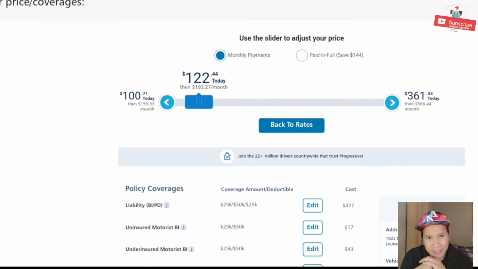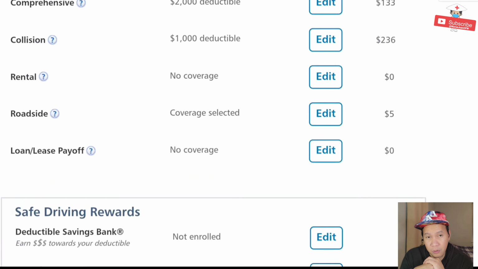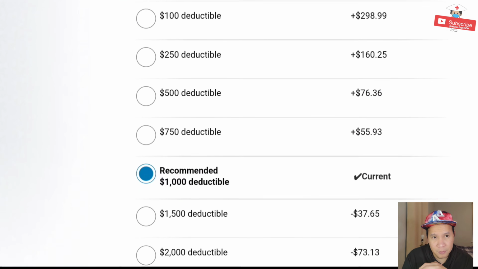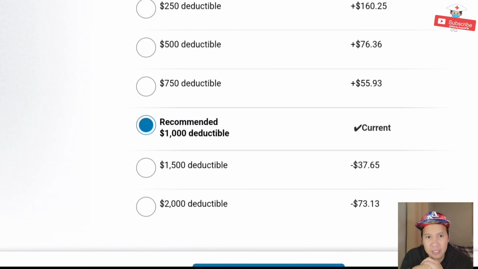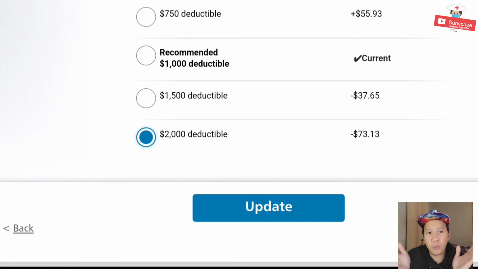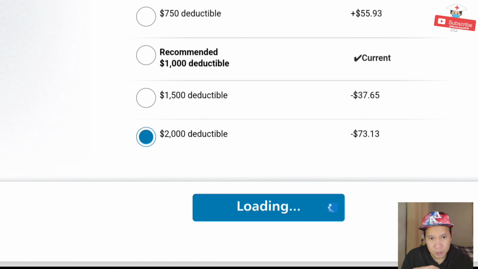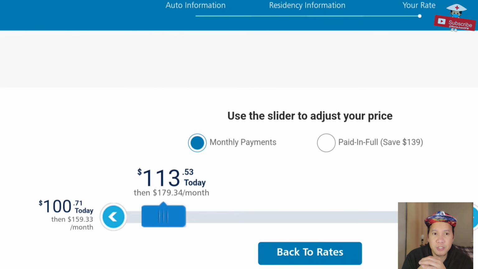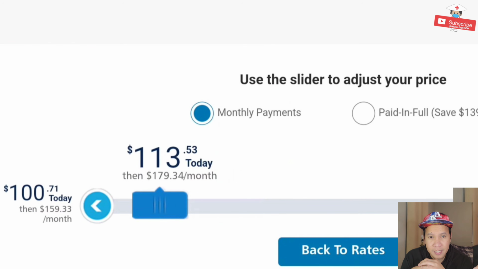Now, let's try to lower it down further. Let's change the collision policy. The same principle applies with the collision, so let's go with the highest deductible rate. They highly suggest that if you are a safe defensive driver, go with a higher deductible for the collision coverage. After that, your new rate will be $113.53, and following months will be paid for